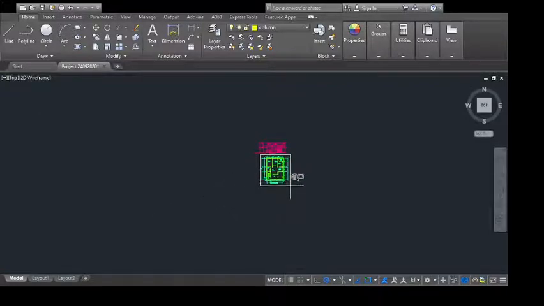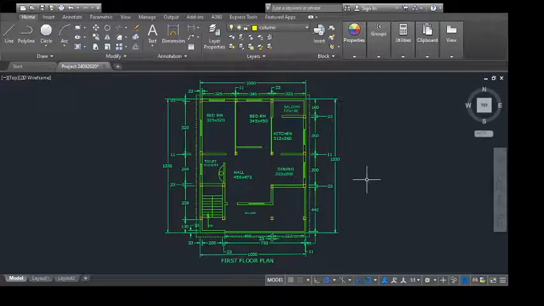Now after having placed the columns at the suitable locations, immediately the next task is to provide the beams. The beams have to be provided in such a manner that they carry the wall loads, but more important that the beams support the slabs. The slab, whichever is there, has to be totally supported on all its sides by the beams, unless the slab is an overhang or it's a cantilever slab.